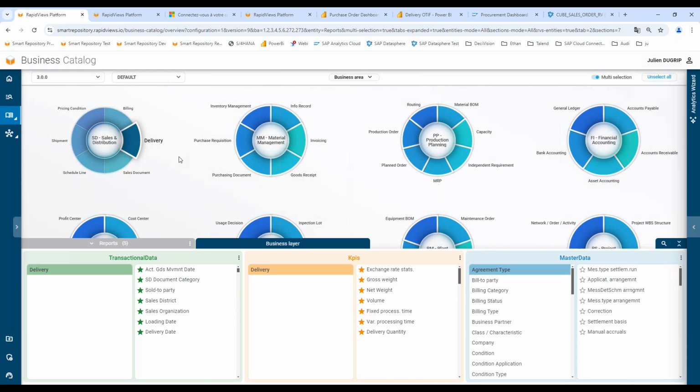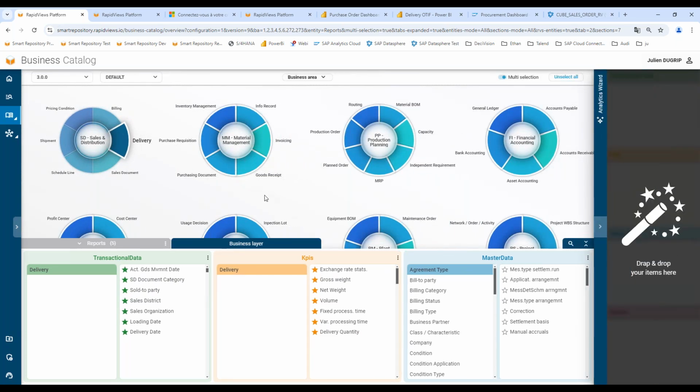If I decide to realize a requirement, if I am in the same room with my BA manager and my end user, and we decide to create a new report or have a new need, I can open my analytics wizard, and I can drag and drop in this analytics wizard any object from my business catalog. I can drag and drop a report, a view, an object from my semantic layer, any report. And the wizard shows me which objects in the repository cover this requirement.